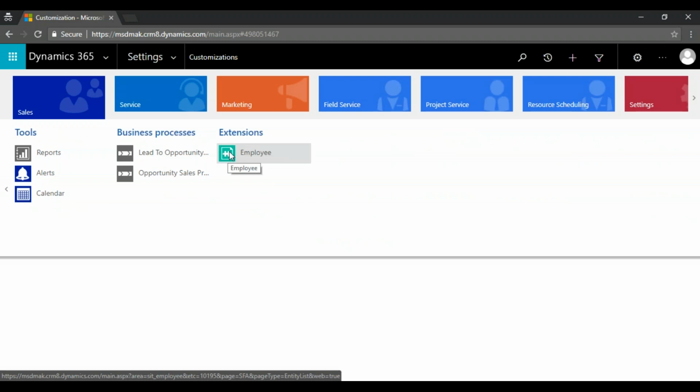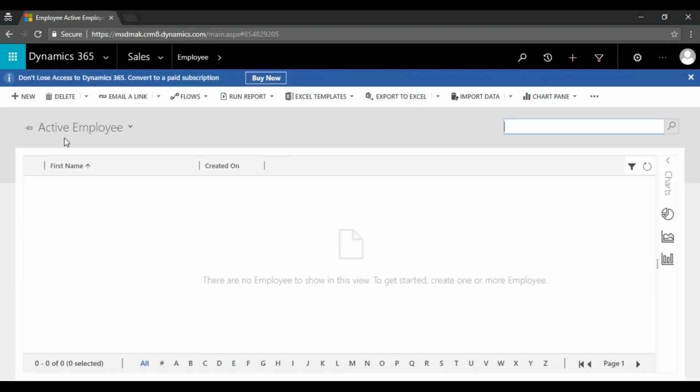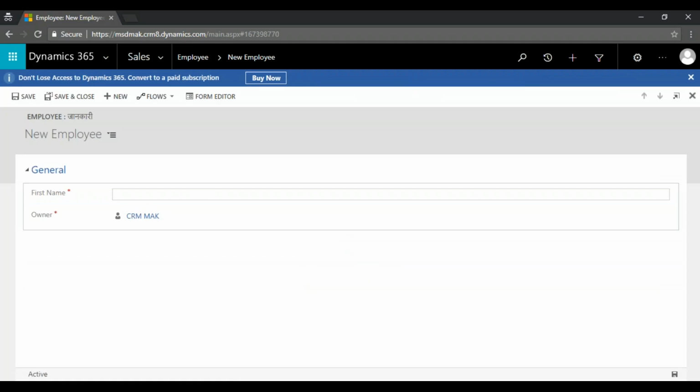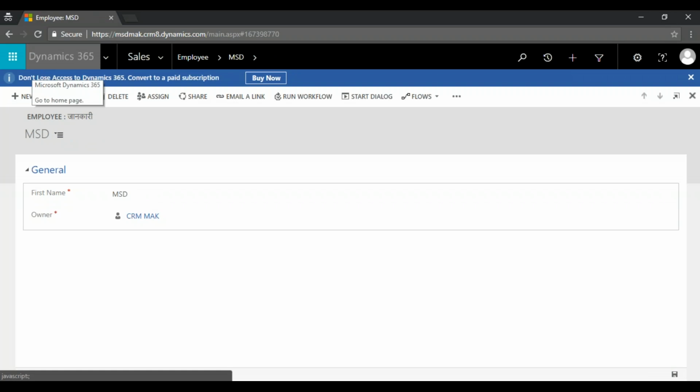Yes, you can provide a color code and that will change it. Now if I go to the employee entity, here a basic form is there, which has only one field. Then the out of box system provides all the CRUD operations: create, update, retrieve, delete.